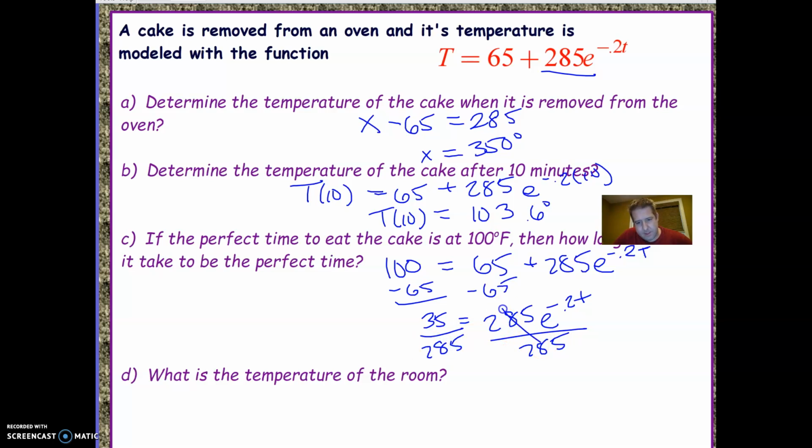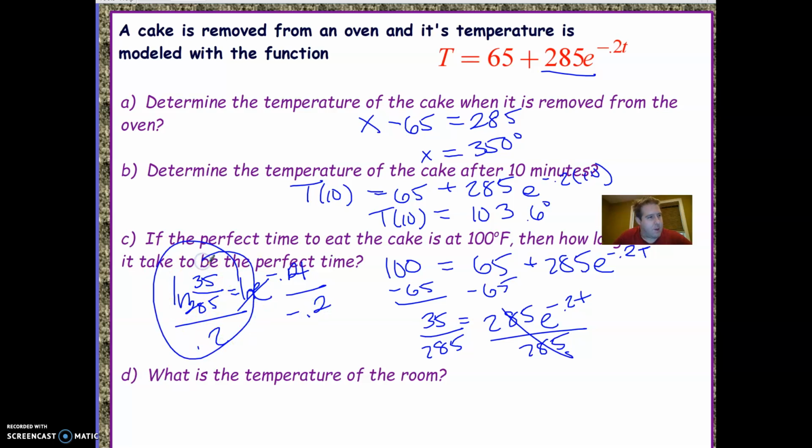Then that's going to cancel this out. So that gives me 35 over 285 equals e to the negative 0.2t. So now I'm going to do natural log of both sides. And once I do that, then I'm going to have to divide both sides by negative 0.2. And that's what I'm going to put into the calculator. So natural log of 35 divided by 85, end parenthesis, divide that by 0.2, and that's going to give me,